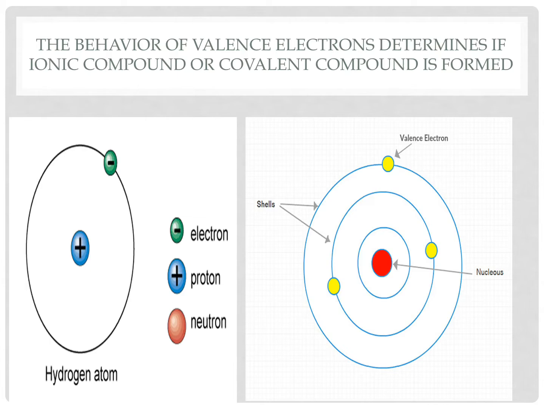They do the role, they do their chemical reactions if possible. Another thing is very important for you to know. The behavior of a valence electron determines if an ionic compound or